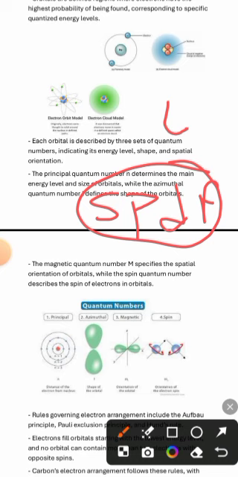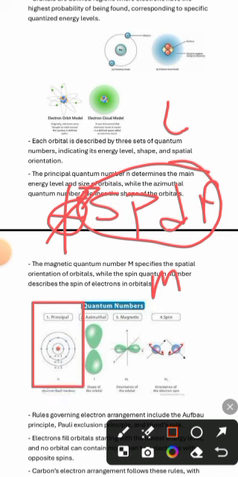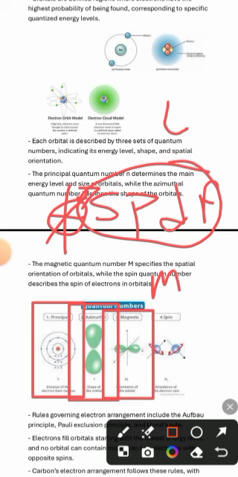Then we look at the magnetic quantum number M, telling us the spatial orientation of the orbital. So we can see the diagrams of all the quantum numbers here. We can see the principal quantum number telling us the distance of the electrons from the nucleus, the size of the shells, the azimuthal quantum number telling us the shape of the orbital, the magnetic quantum number telling us the orientation of the orbital,